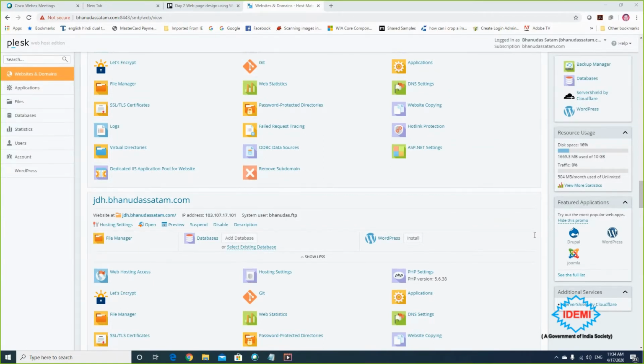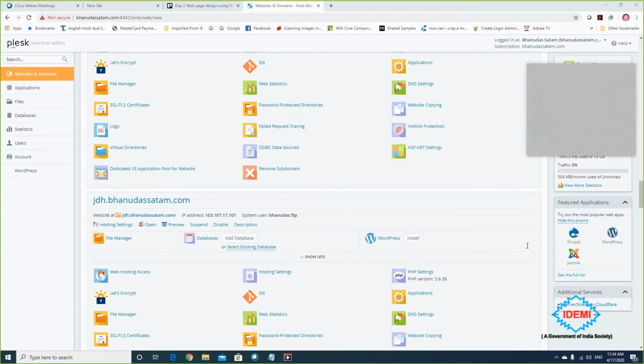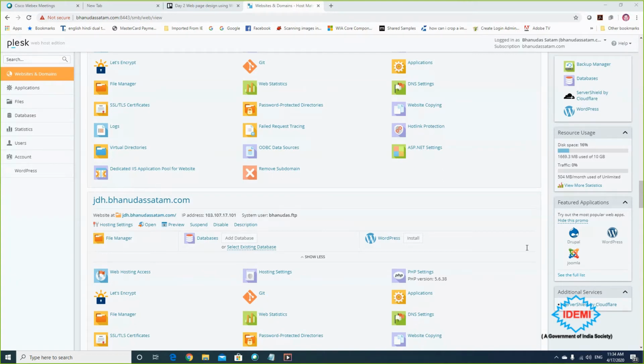So if you want to create your own template, then you have to know HTML, CSS and PHP. And this course is not for that, because we are not teaching any kind of programming language here. It is WordPress design. We are using a framework, and inside that we are not creating our own template.